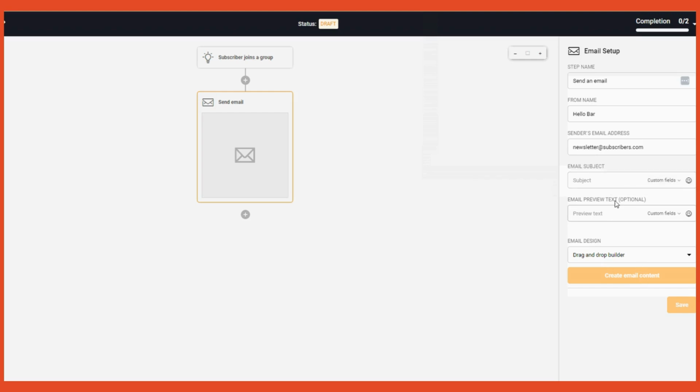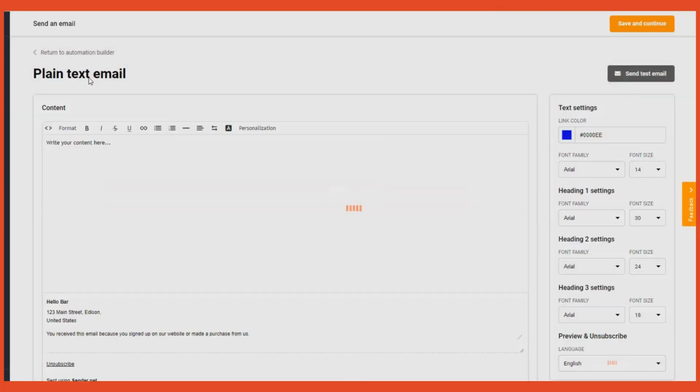Next is we will create our email. So let's put in the subject. So HelloBar sign up, just for example. And let's select an email design. For this example, let's just select a plain text. So hit create email content,